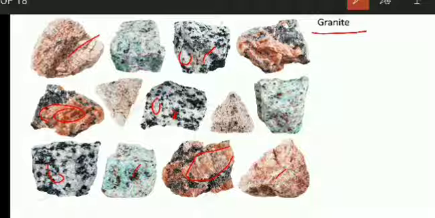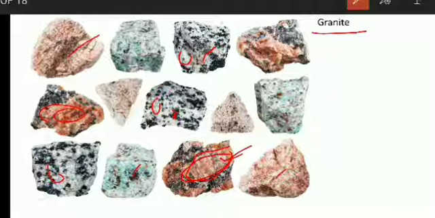It occurs in varieties of colors, and you can see these minerals are all light colored. So what word do we use for a light colored rock? Leucocratic. Leucocratic means a light colored rock. Next, grain size and texture. It is all equigranular except this one, which is a granite porphyry, where bigger crystals are embedded in smaller ones. Others are granites, medium to coarse grained, and all grains are equal in size.